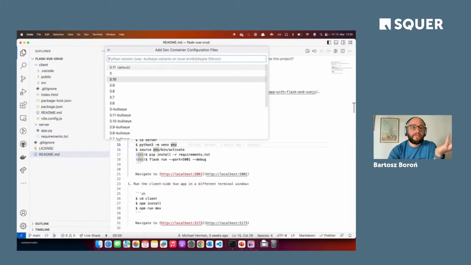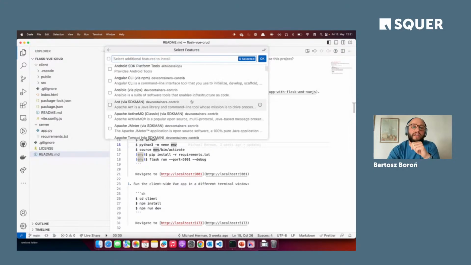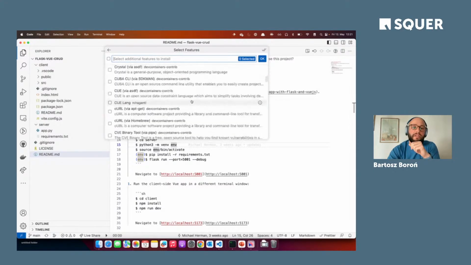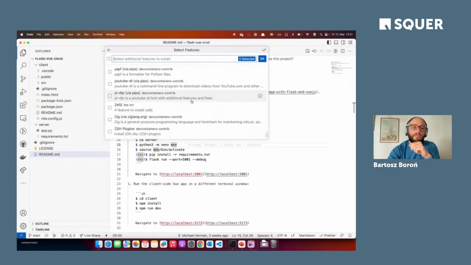I will use the latest version. I don't know what kind of version I need for the repository, so I start with the default latest 3.11 version. And now I get to select features, so packages and tools I want to have inside my container. And as you can see, the list is quite large and extensive.